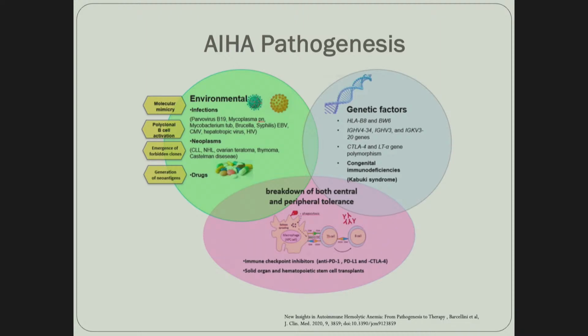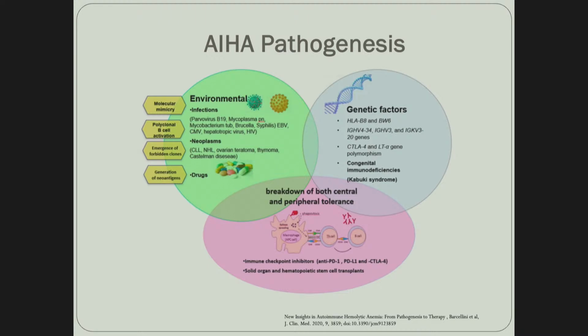So AIHA pathogenesis: other factors involve genetic factors. More predisposed to HLA B8 and BW6. Also linked to immunoglobulin heavy chain variable regions and immunoglobulin light chains. Cytotoxic T lymphocyte antigen 4 polymorphisms also will lead to development of autoimmune hemolytic anemia. Congenital immunodeficiencies like Kabuki syndrome and ALPS, because of reduced self-tolerance and lack of immune maturation, can lead to